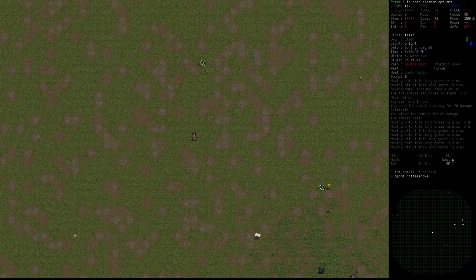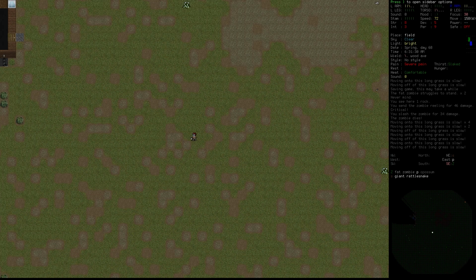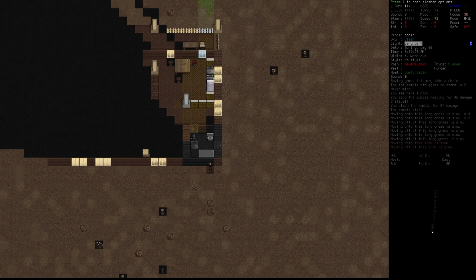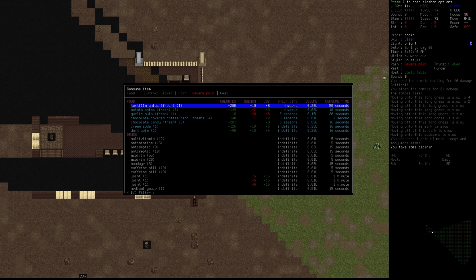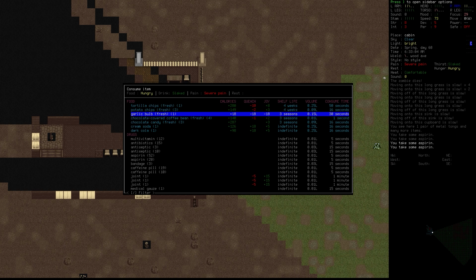Oh my god, we're so close to death right now. I'm heading back to the cabin. If I can draw the fat zombies to the cabin, I can probably save myself. It's gonna require me drawing them to this window. But we are not in a good spot, guys. We are in a really bad spot. Is there anything that can help me? I'm going to take some aspirin because at this point it's better than nothing. I'm going to take 4 aspirin. And then...